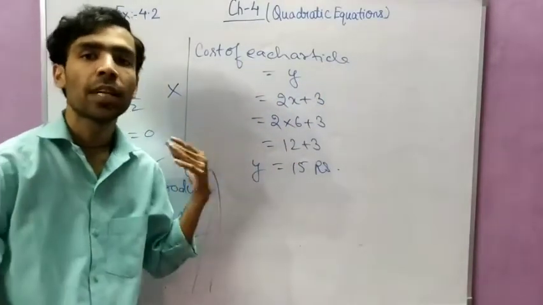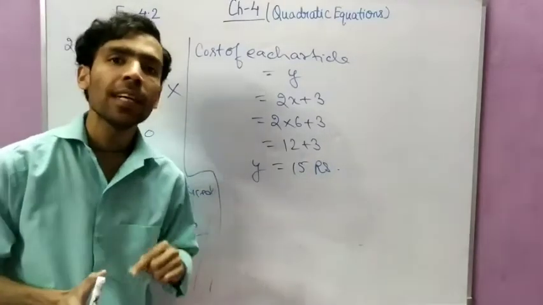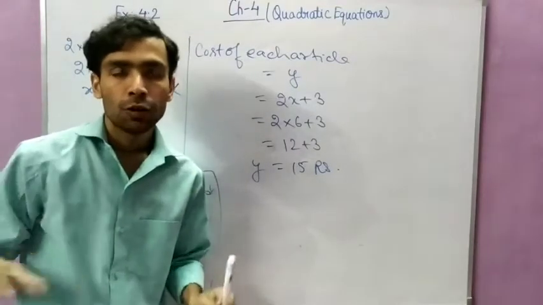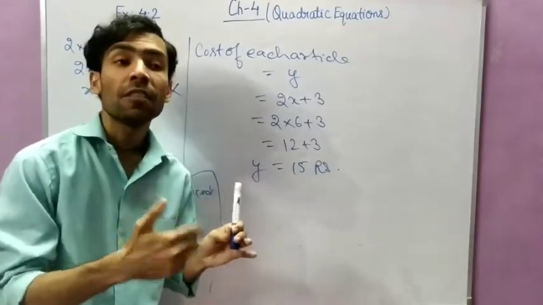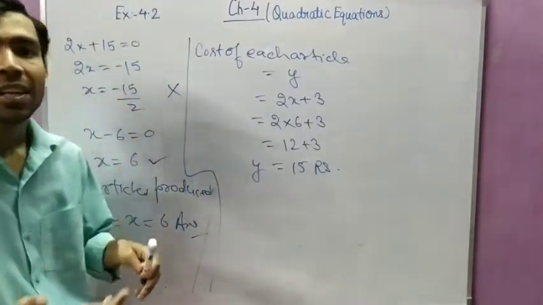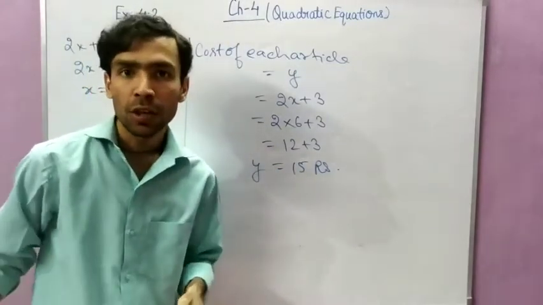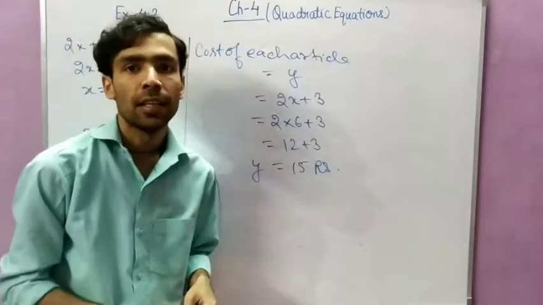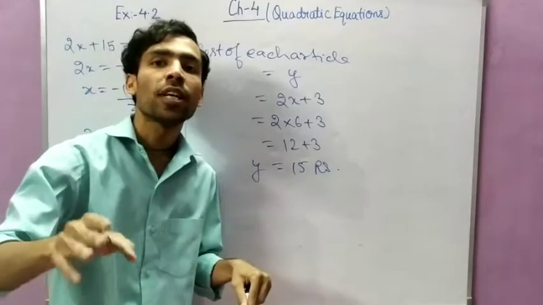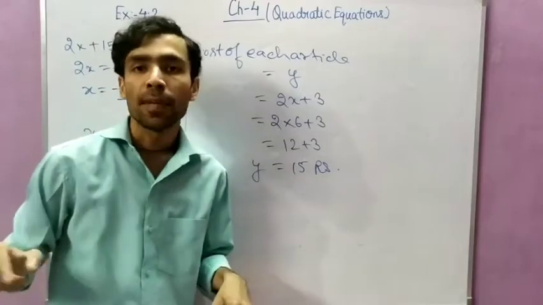Okay, so that way you can solve this type of question. Very simple. Whenever you have a word problem, what you do is read the last line. In the last line it is clear what thing we have to calculate, so that thing you will assume. The question was asking how many articles in a certain day, so I have assumed x articles. Then the cost of production is also there, so the cost of each article is y. Now after that I found a condition that the cost of each article is 3 more than twice the number of articles produced in a day, so we got y equal to 2x plus 3.